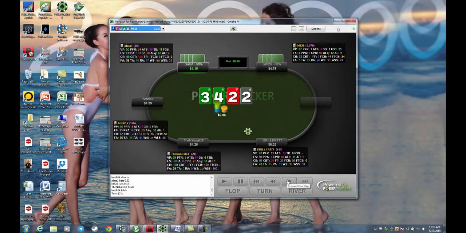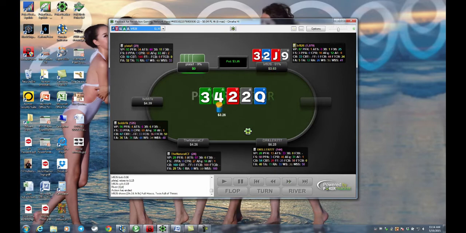Turn pairs the board. This should raise some alarms to somebody, maybe. PLO checks. He bets full pot, this LRF 826, who's not exactly a tight player himself, as you can see. PLO raises him all in. You're not going to fold for another 19 cents. The river probably doesn't change anything.